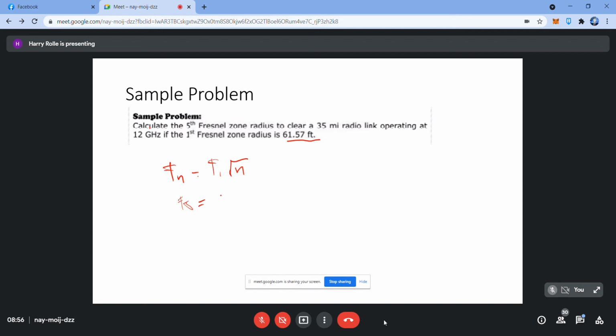The first Fresnel zone is 61.57 feet. Multiply it by square root of 5. And that is what? And that is